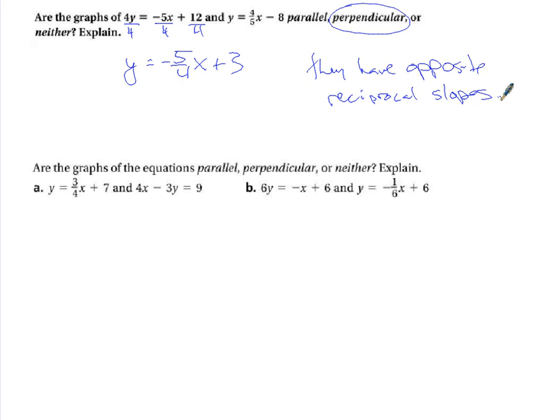So when you're given problems like this, and there are some like this on the homework, you want to put it in slope-intercept form and then compare the slopes. If they're parallel, they will have what kind of slopes? The same slope. If they're perpendicular, they will have opposite reciprocal. And if they're neither, then what will you see? Neither, they won't be the same and they won't be opposite reciprocals. They'll be like 2 and 5/2 or something like that. Okay? So that's how you do a problem like that. But make sure you also explain